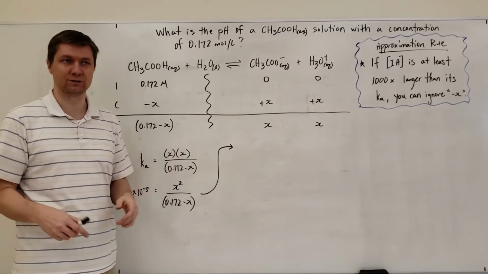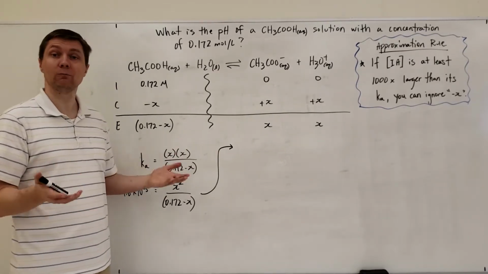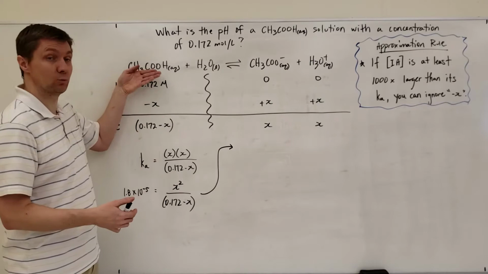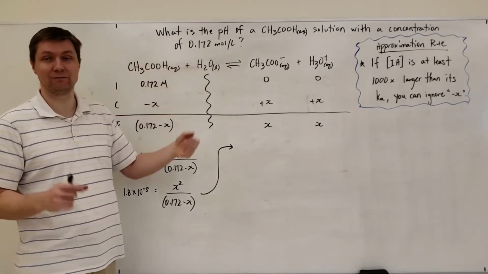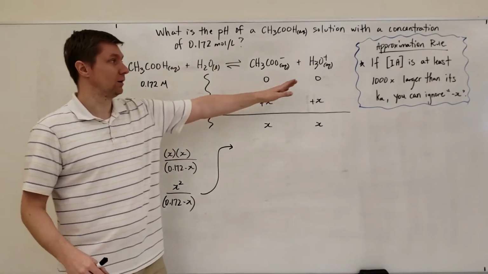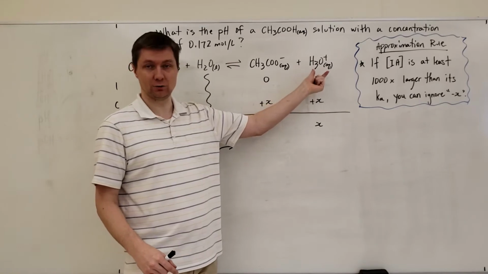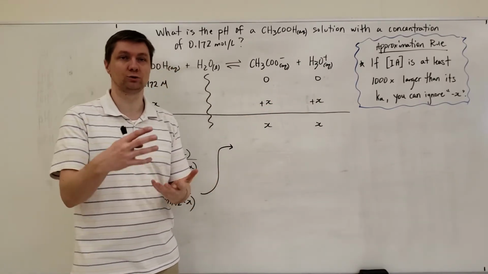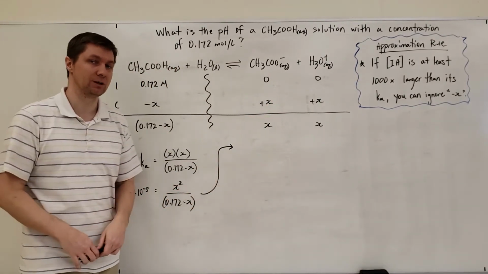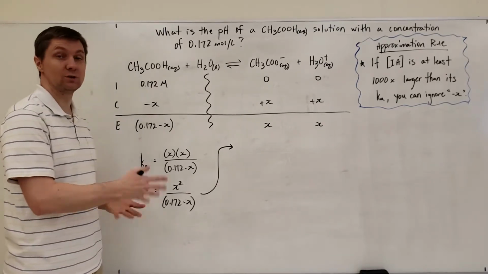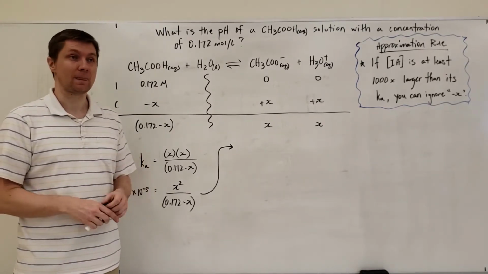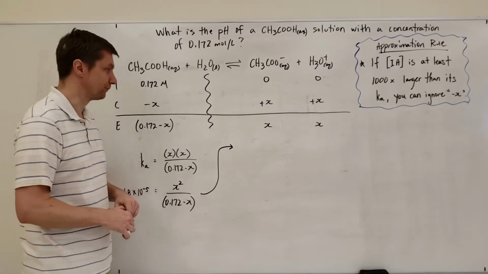It was really, really small. What we would expect is, because this is a weak acid and only ionizing a very small percentage, that the concentration of hydronium here would be a lot smaller, which would then yield a much higher pH. And so we're going to do this calculation, we're going to figure this out, and hopefully that rings true from